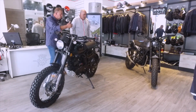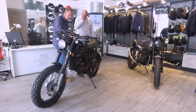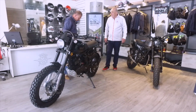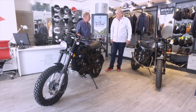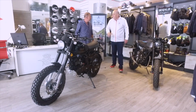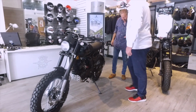Beautiful. I mean, they're all stunningly priced bikes, but look what you get. The finish on these is exceptional as well. Absolutely beautiful. When I learnt to ride, I only dreamt of having a bike looking as cool as this. Can you imagine your first bike and you go out on the road? Absolutely. I'd want all the black levers, I want a black mask. But you know the clever things on this bike? They seem trivial to you, but if you're a novice rider,